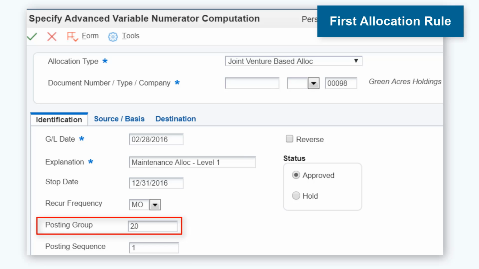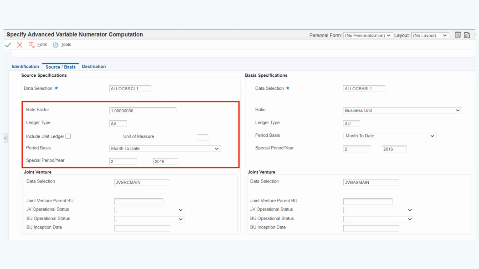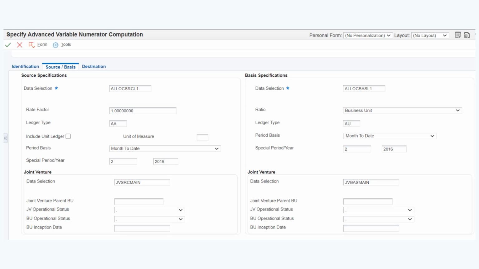Enter a posting group of 20. The posting group is used to group multi-tiered allocations. On the Source Basis tab, complete the fields in the 4 sections. In the Data Selection field on the Source Specifications section of the form, specify the version of the R09123B program that you have created for the first allocation level. Use the other fields to add additional filters to the source account balances data selected using the source version of the R09123B program. Similarly, specify the basis version of the R09123B program for the first allocation level and use the